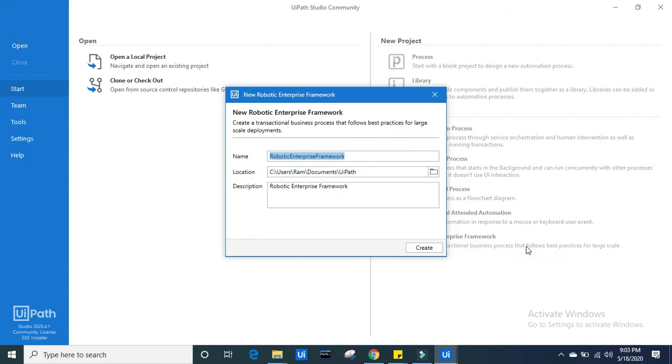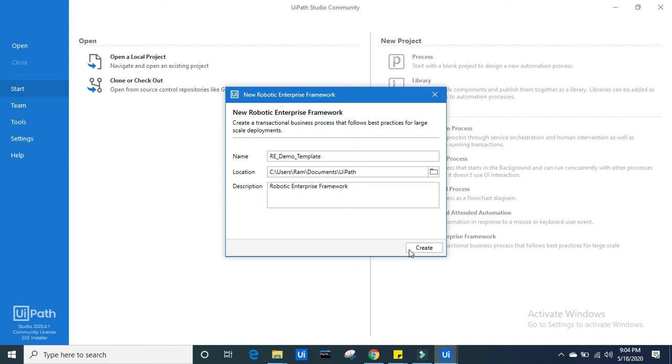Once you click, it will ask you to give a name. I will give re underscore demo template.